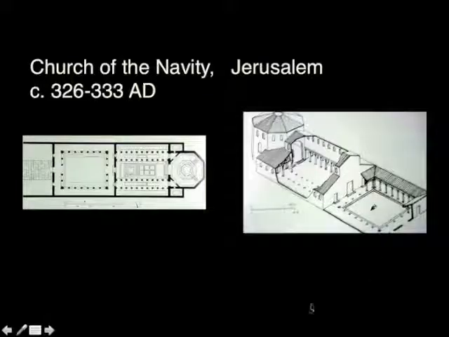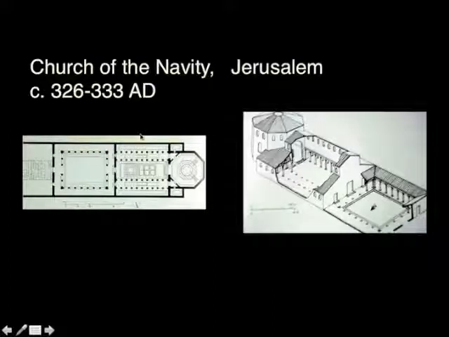There are a couple of other important early Christian churches, not in Rome proper, and one is the Church of the Nativity. The Church of the Nativity takes the place that they believe the manger, this little grotto where Christ was born, and commemorates the space with the church. So you have the actual historical place of Christ's birth, or at least as it was believed, celebrated by this centralized piece that pulls out of a basilica-like element.